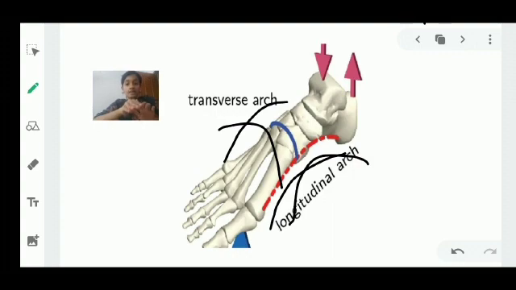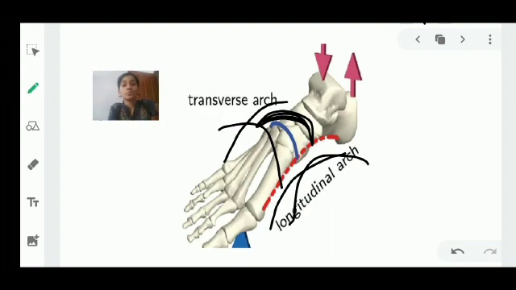Whereas the transverse arch, what we need to remember is that one foot forms one half of the transverse arch. Imagining this as a foot, when both the feet are kept together, the transverse arch is complete. That is, this is just one half of the complete transverse arch. Only when both the feet are kept together is the arch completed. So very simple. There are two types of arches, longitudinal and transverse. The longitudinal arch on the medial side is the medial longitudinal arch, and the one on the lateral side is the lateral longitudinal arch. The transverse arch, one foot forms one half of the complete transverse arch. That's all about the types of the arches of the foot. We'll go into the details a little bit later.